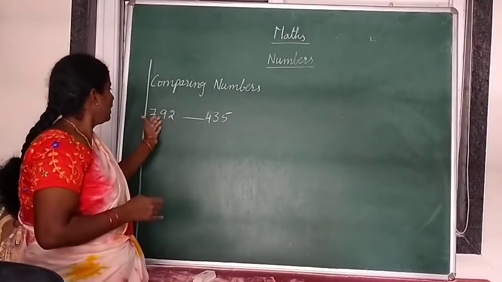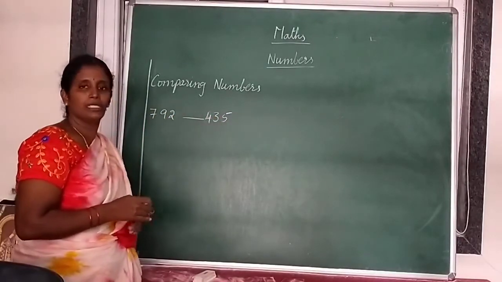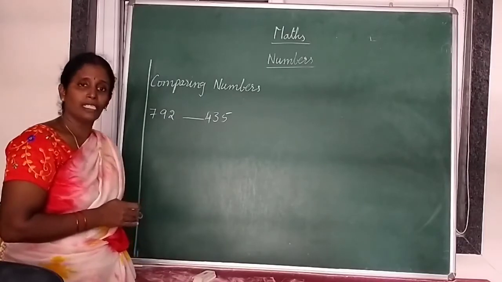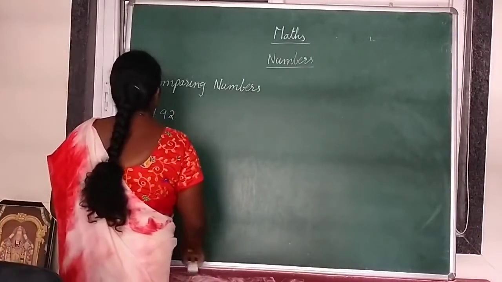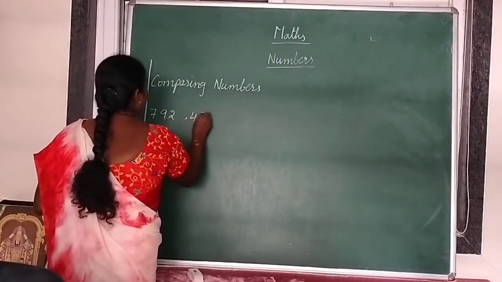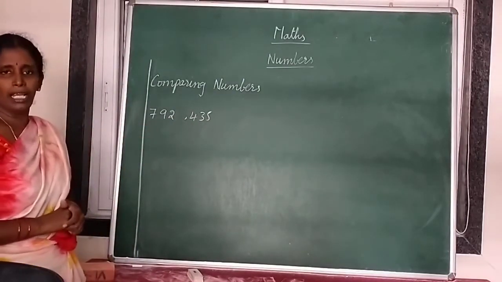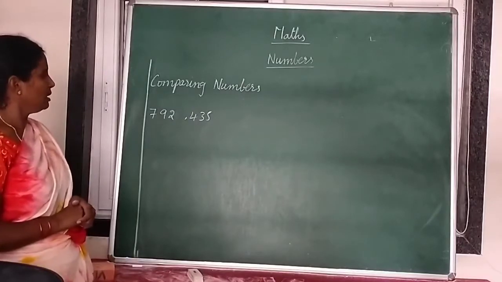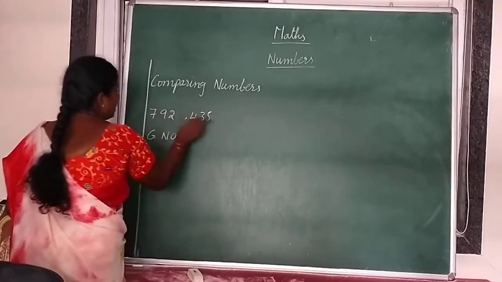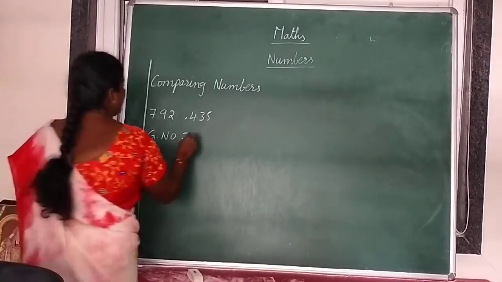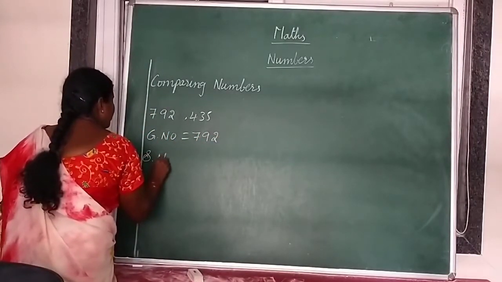And here 792 and 435. We have to compare these numbers. So to compare those numbers, first what we should do? 792, 435. In these, which is greater and which is smaller? Which is the greatest number? 792. And the smallest number is